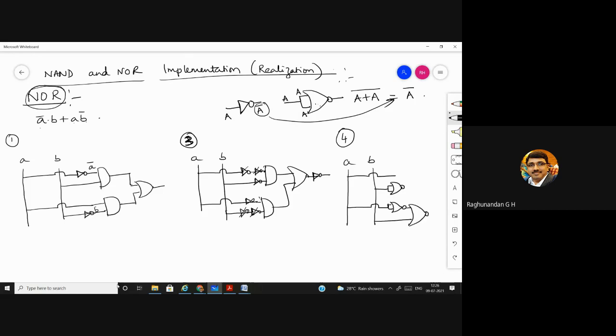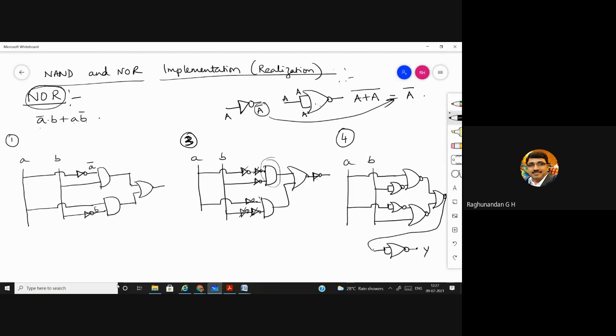So write the NOR gate. And here we are having an AND gate. Replace that with a NOR gate. And again an OR gate is there. Replace that OR gate with a NOR gate. Again you are having a NOT gate here, so that also I'm just writing it here. We need to write it with a NOT. Okay, this is our output.